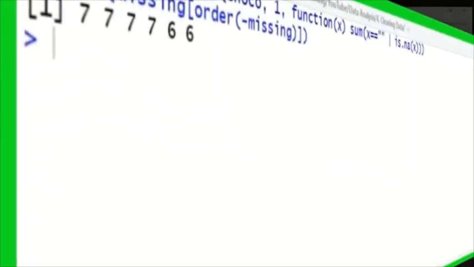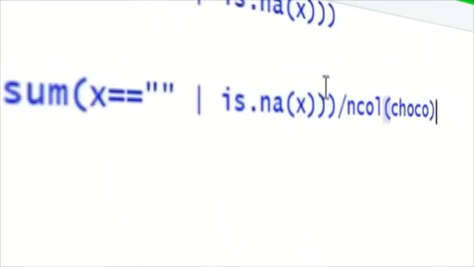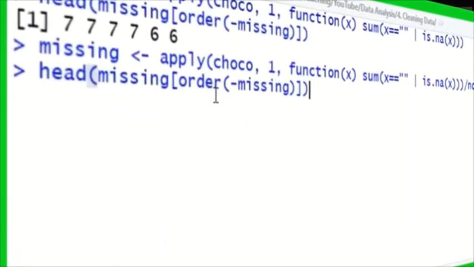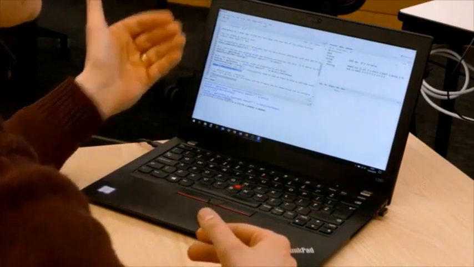Now let's do this again as a percentage of the number of attributes. So this is exactly the same thing, but this time we're dividing by the number of columns, right, which is 9, and we're going to have a look at the top of these. And so you can see that we're missing 77% of some of these initial attributes. That's a real problem. Missing is the same length as the number of rows we've got. So we can actually look up